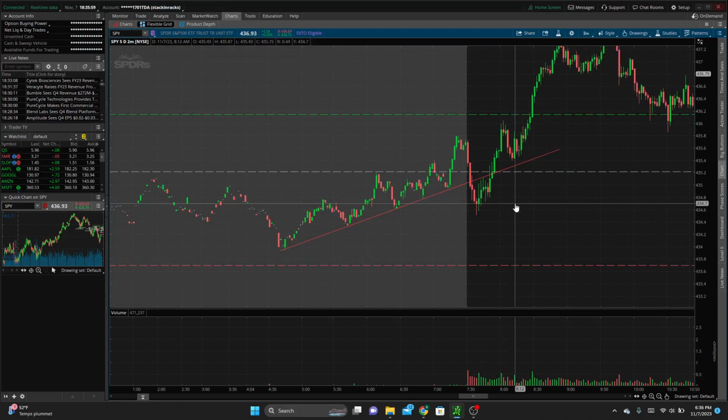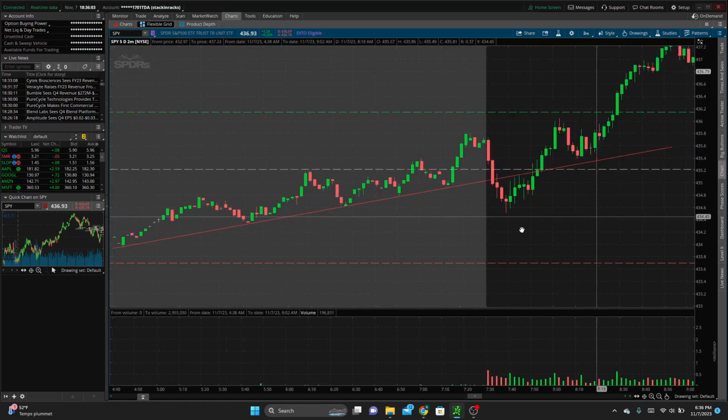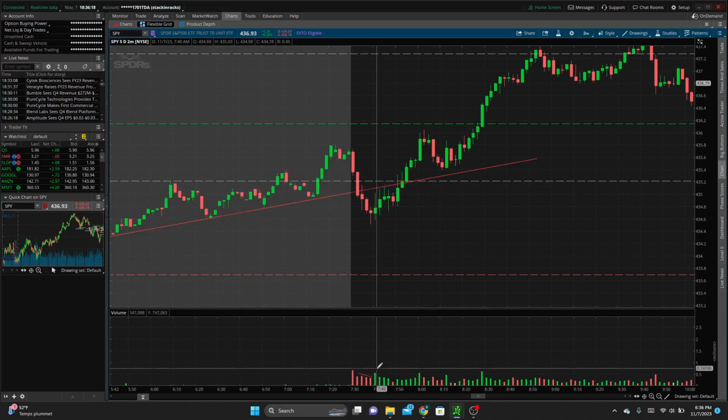So as I'm looking at this, trying to understand, maybe was there something that I didn't see during the trade? One thing that I noticed pretty immediately is we have pretty low selling volume. After we break through that level, the volume on selling drops. On this push up here and this retest of the trend line, we have higher volume. Although that does drop as we come up and retest the trend, so that still looks all right. But then this one,